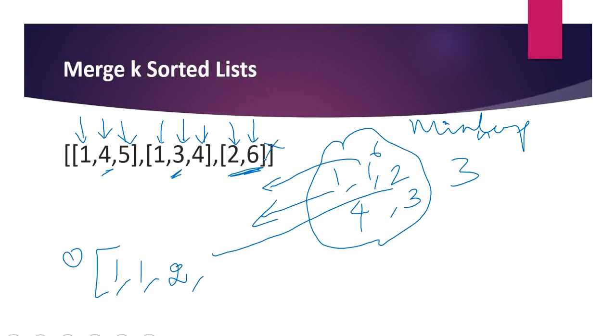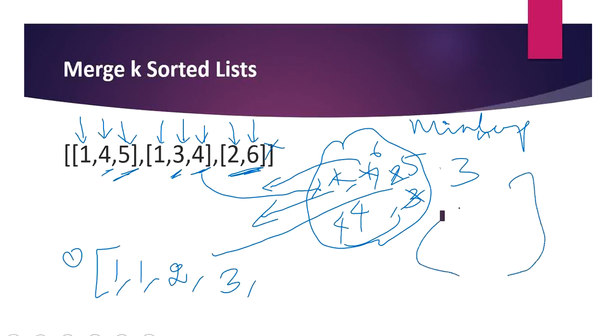So the first list is left with an extra 5. So 5 enters, it pushes out the next element, that is 3. So 3 comes out. So now 1, 1, 2 is out, and 4, 5, 6 are the rest. So now the last 4 enters. When 4 enters, this is our min heap, so it can hold 3 minimum. Now my heap is 4, 4, 5, 6, but the capacity is only 3.